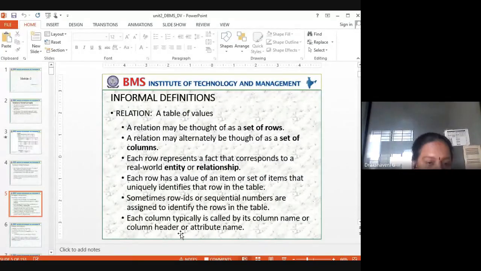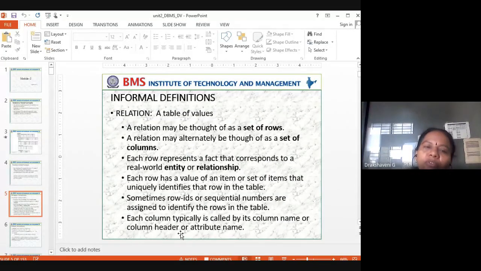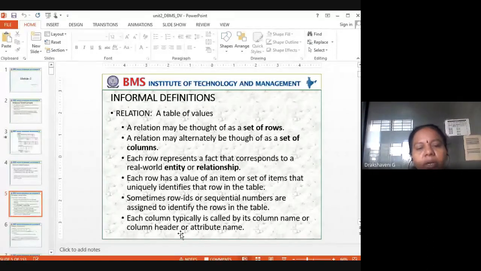And whatever set of rows we have, a set of rows. If we take an example, your third semester MCA students, how many of you are there? 51. Suppose I want to enter all your details: your USN, your name, your phone number, all your third semester subjects. Then I keep entering student by student. How many students do I have to enter? I have to enter 51 students. That is called a set of rows. One row is for one student. I have to generate 51 rows, because your strength for third semester is 51. So that is what is called a relation, which may be thought of as a set of rows.